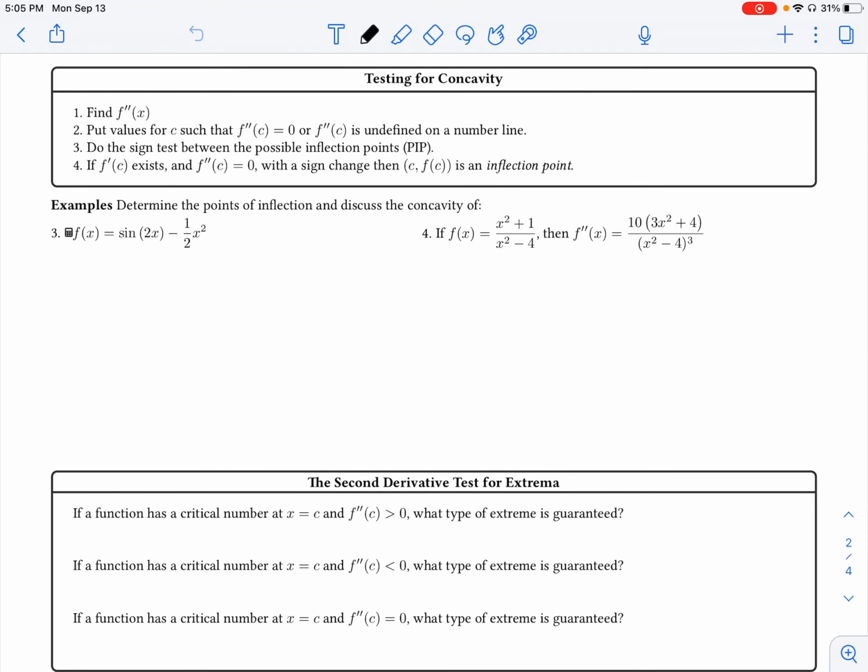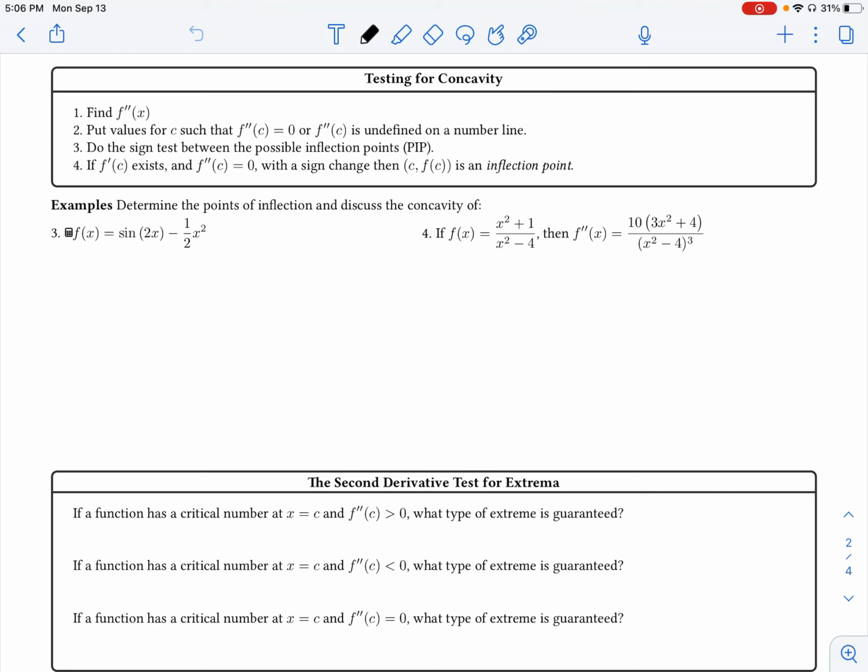In our previous video, we started the process of testing for concavity, in a process that was pretty similar to the first derivative test for finding relative extrema. We started looking at the number line and seeing where our second derivative changes sign. So I want to go further into that, but I want to formally lay out how we actually test